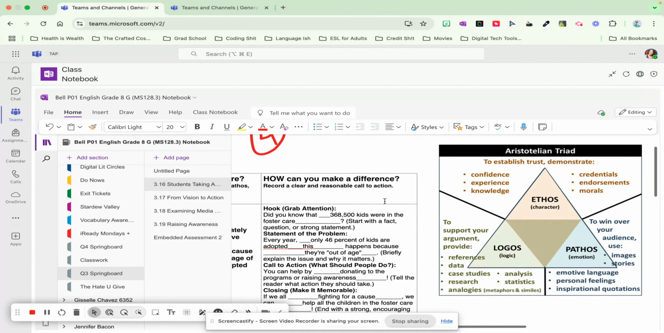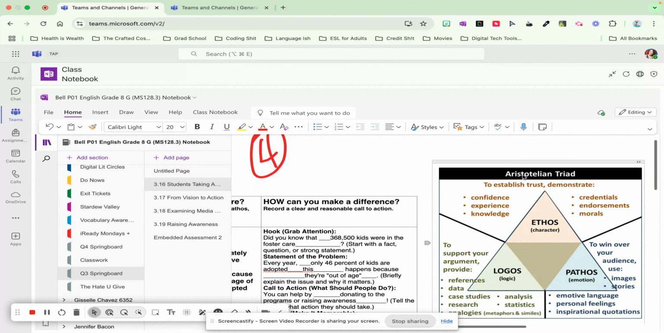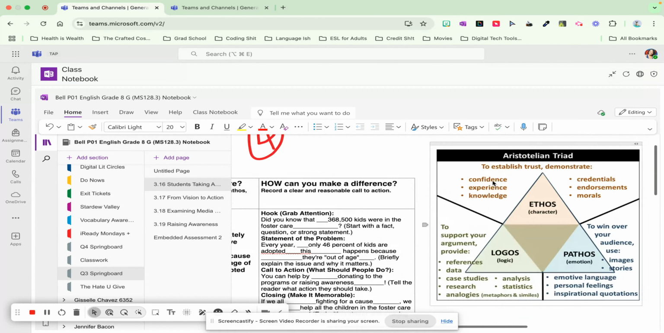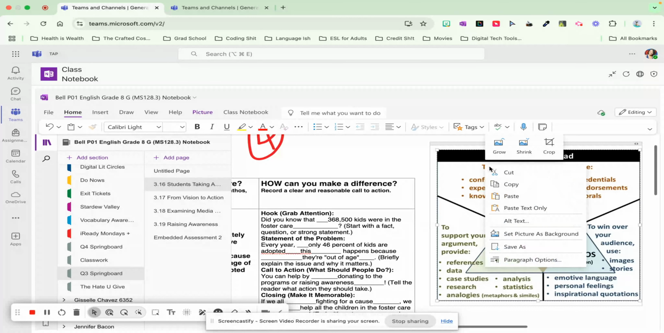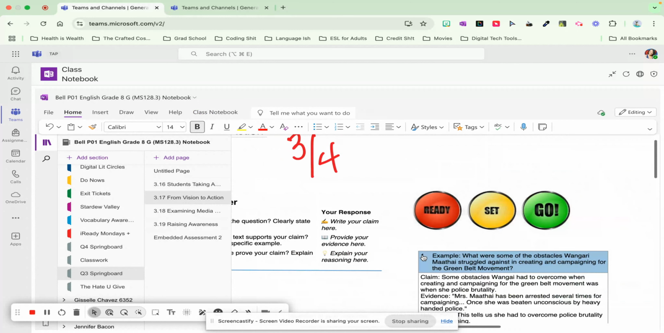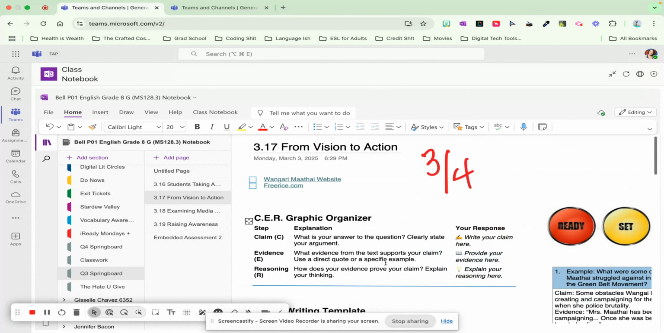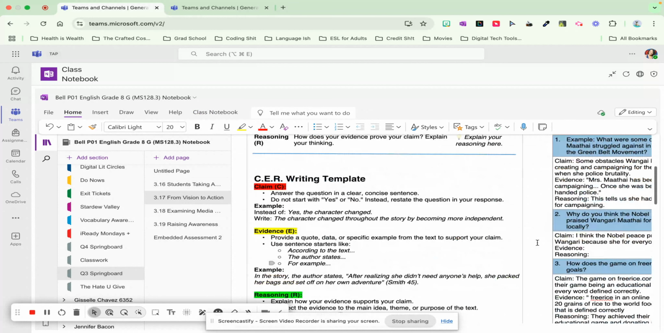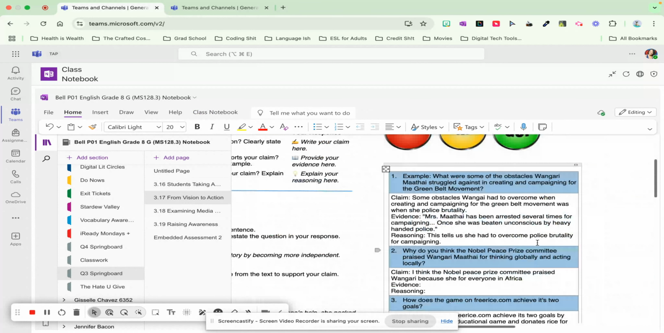But in OneNote, I was able to provide a graphic organizer. Like you could save it to your computer and just copy and paste it in. And you can set it as a background, or you could just copy and paste it, and it's kind of movable for students. So you can use tables in Microsoft OneNote, which I commonly use, as you can see here,